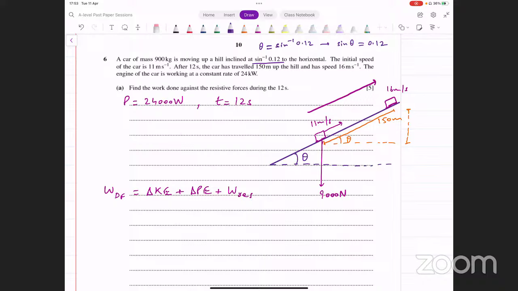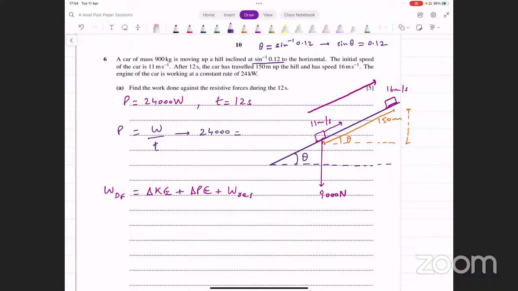Okay, sorry about that. अच्छा, पावर आपको दी हुई है और टाइम दिया हुआ है, तो आपको वर्क डन बाय द ड्राइविंग फोर्स फिगर आउट करना है। पावर, टाइम और वर्क को कौन सी इक्वेशन कनेक्ट करती है? यू हैव दिस फॉर्मूला, पावर इक्वल्स वर्क डन ओवर टाइम, राइट? इससे आप वर्क डन निकाल सकते हैं। इसमें पावर की वैल्यू 24,000